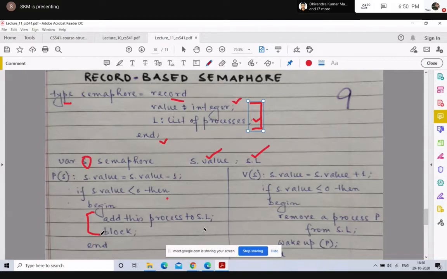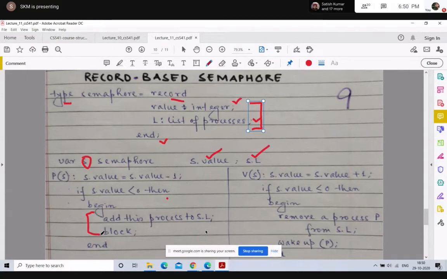So blocking means you put the process in the wait state. As long as the process is in the wait state, it will not consume any CPU time. Only when the process is in the ready state will it consume CPU time. Now, being in the ready state doesn't essentially mean that it will consume CPU time. Basically, the CPU scheduler will decide when the process in the ready queue will get access to the CPU time.